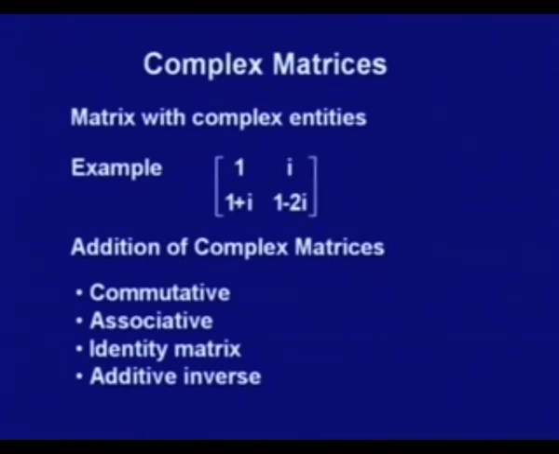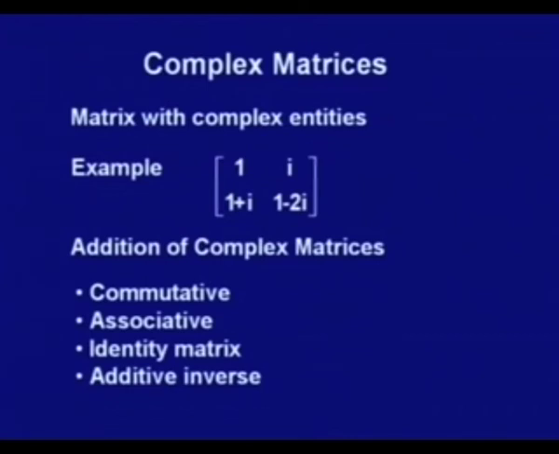Similarly, one can prove the associativity of addition of matrices. If the sum of real matrices is associative, so is the sum of complex matrices. As far as identity is concerned, we can define the same additive identity. This works for complex numbers also. Additive inverse can also be defined on the same lines, that is, the additive inverse of a given matrix is the one which gives on addition the null matrix. So, all these concepts are in line.